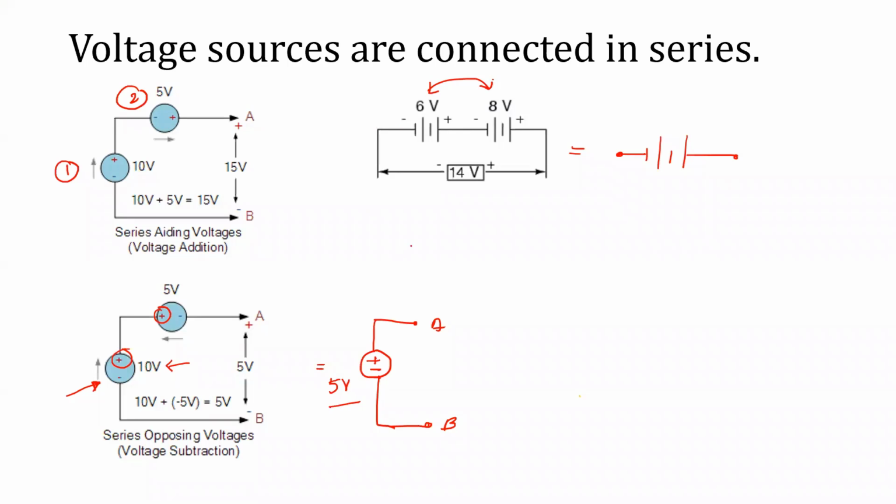Hopefully it is right. The reason is, positive and negative are connected, negative and positive are connected, alternate polarities are shorted here, so 8 plus 6 is 14 volt, and I have maintained its direction similar to any one of the voltage sources. Both are one and the same, negative, positive, negative, positive. I have maintained the same.